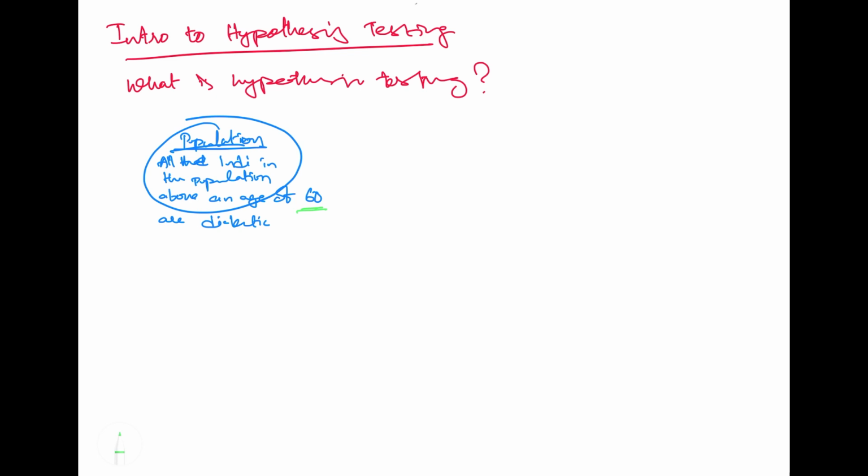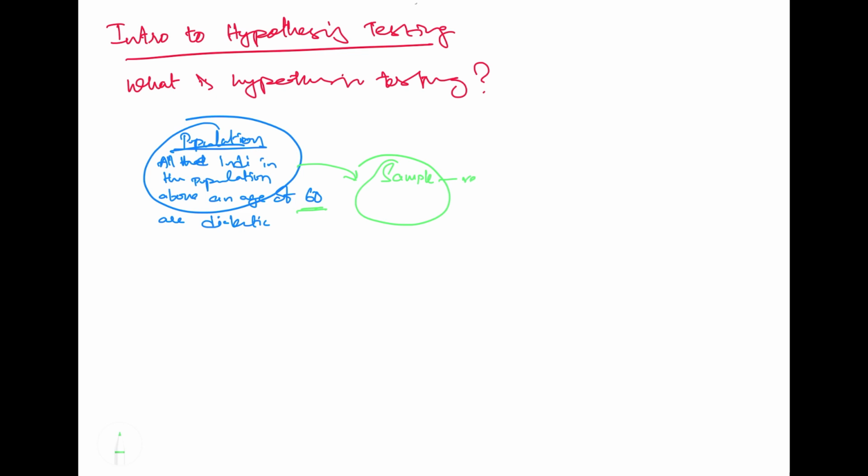Reaching out to the whole population and collecting its data would be impossible, and it would be a costly affair in time and effort. So owing to these limitations, we would draw a sample from the population